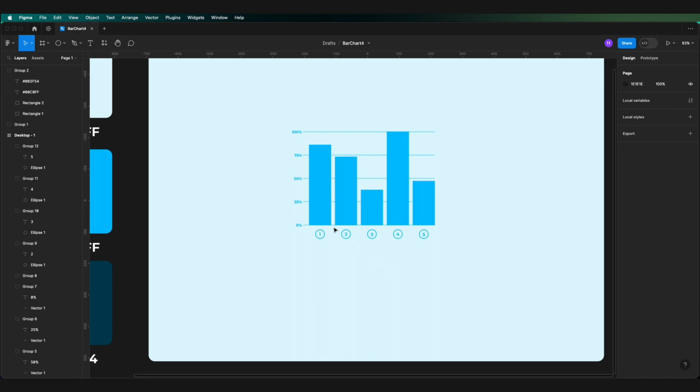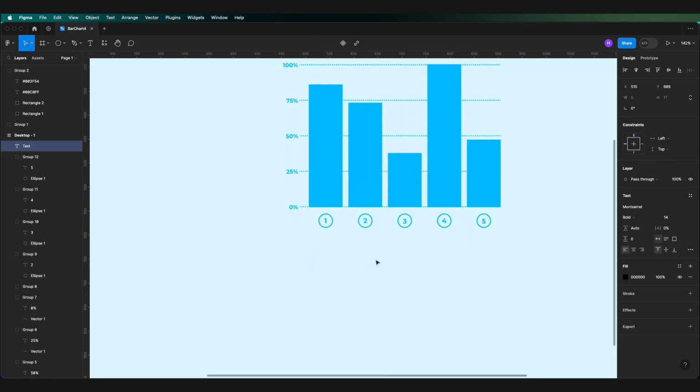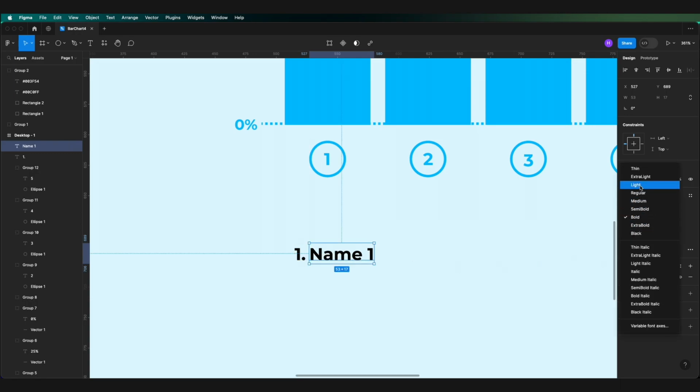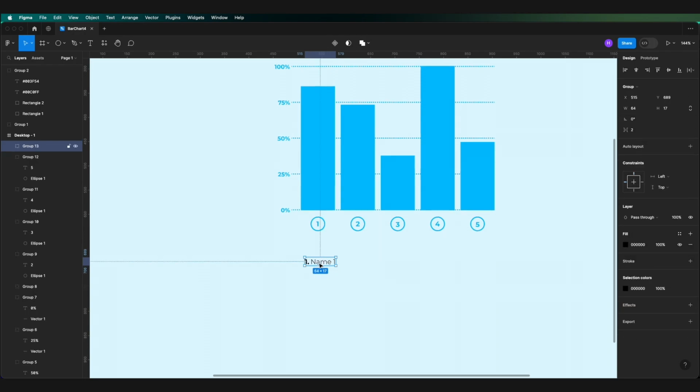And the last thing we need to fix is the mapping to the names. So, well, we could draw that in a couple of different ways, but I think just a simple index and then a name to that. So let's say name 1, we can call it, for example. Make that a bit less bold. A group, duplicate. Now we have 5, so